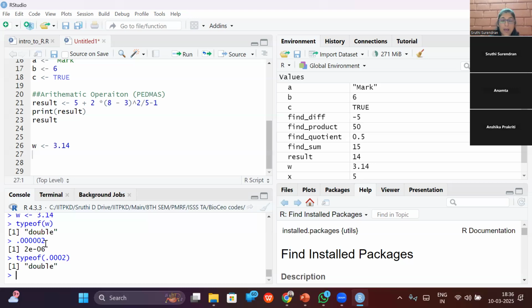So R assigns this, or recognizes this, as a floating point, or a double as it is called here, so that it is flexible enough to be converted into this form, into 2 into 10 to the power minus 6, or in this form. But if it is not a double, now suppose we don't want it to be a floating point. We don't want it to change from this 0.0002 form. So what we do is we assign a variable as dot integer,